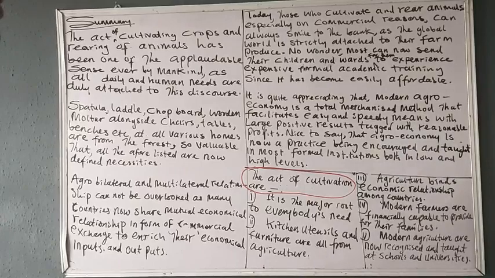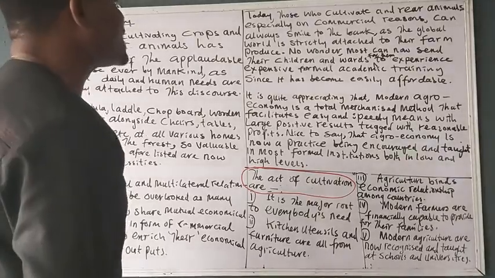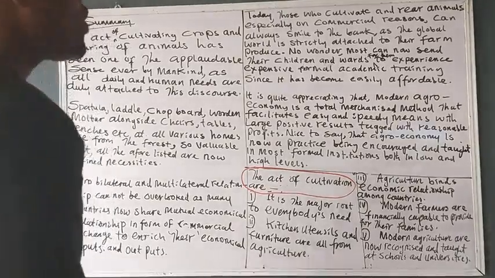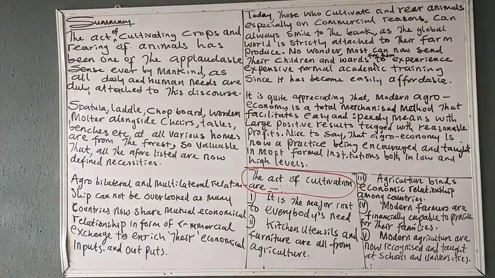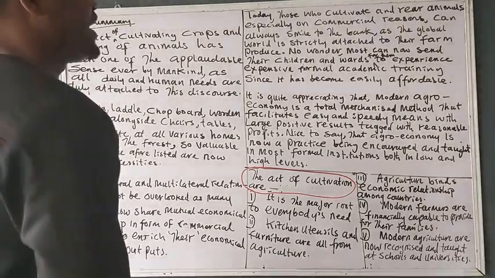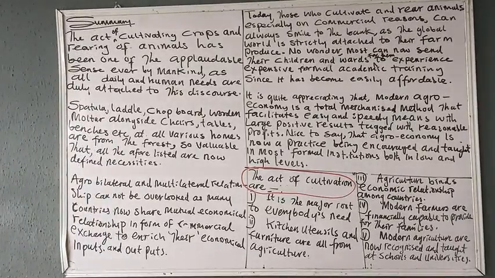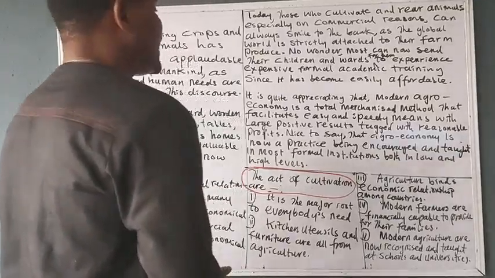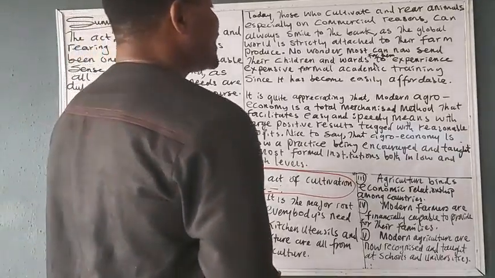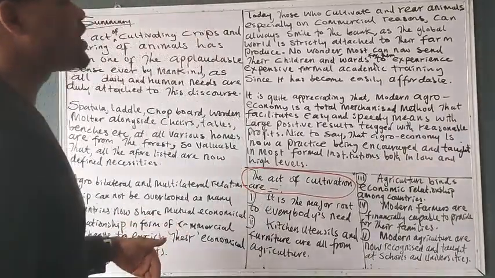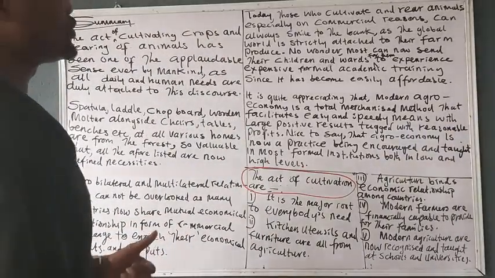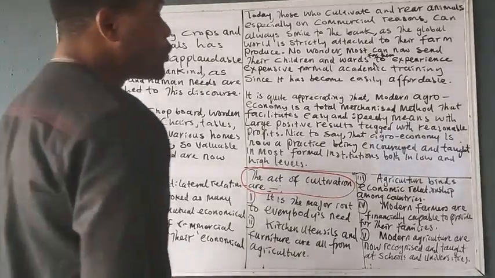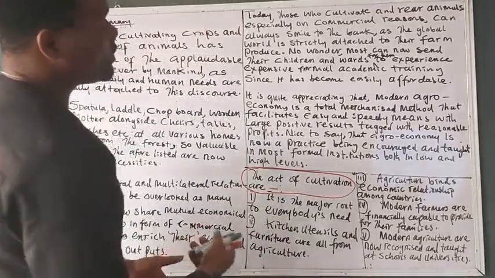Today, those who cultivate and rear animals, especially for commercial reasons, can always smile to the bank, as the global world is strictly attached to their farm produce. No wonder most can now send their children onwards for them to experience expensive formal academic training since it has become easily affordable. So the paragraph is talking about how modern farmers or those who cultivate and rear animals can easily make money to send their children to school to provide for whatever the family needs. Okay, so let's see